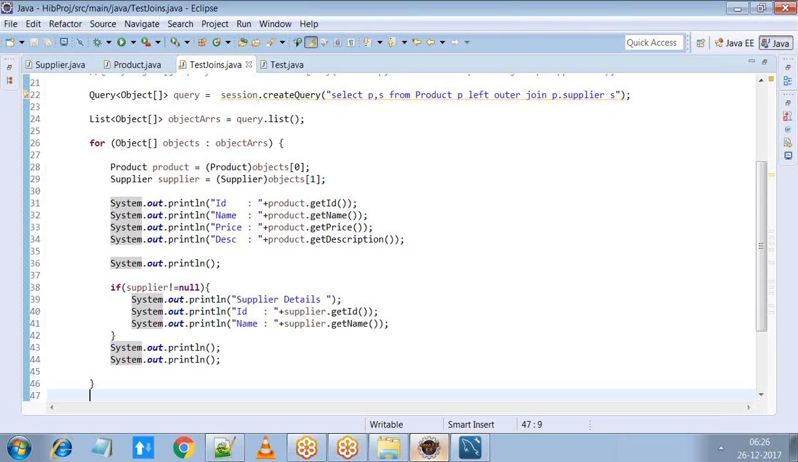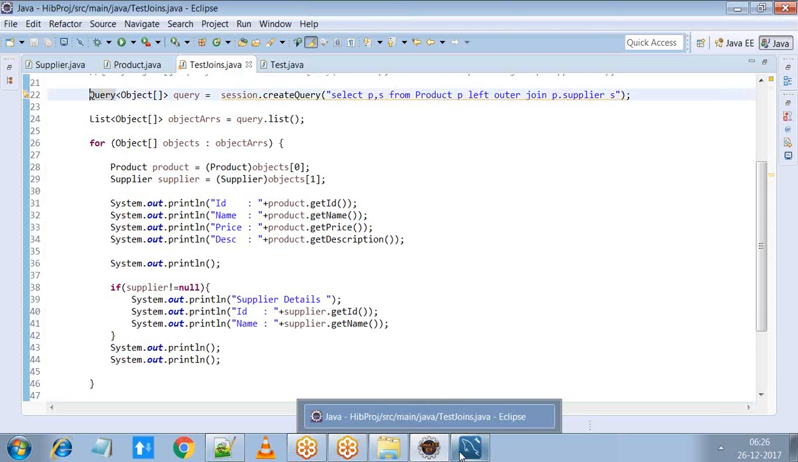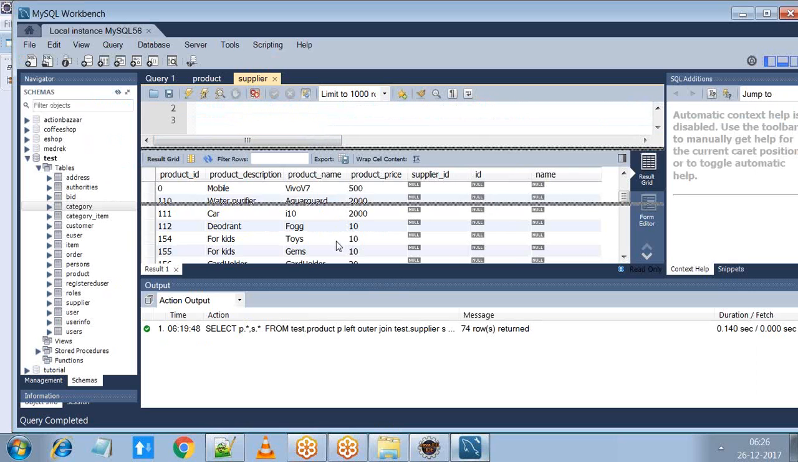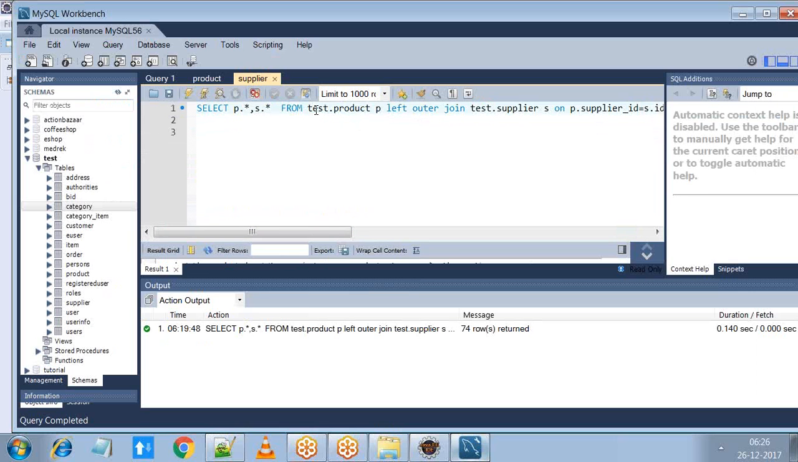Now, quite opposite to left outer join, you got this right outer join. You know that, right? So you can write a right outer join here in SQL. So what will be the difference here in that case is